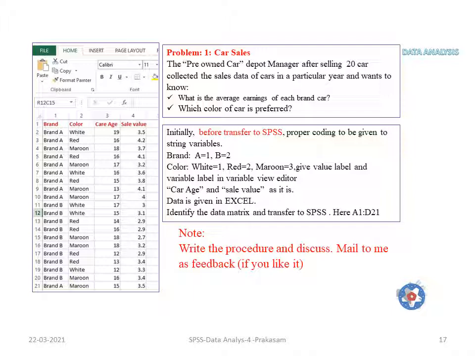And then you try to transfer from the Excel sheet to the SPSS format. How to transfer from the Excel sheet to the SPSS format we have already discussed. Therefore, you identify the data matrix before transferring it into SPSS. Here the data matrix is given from A1 to D21, keeping the first row as the titles of the columns.